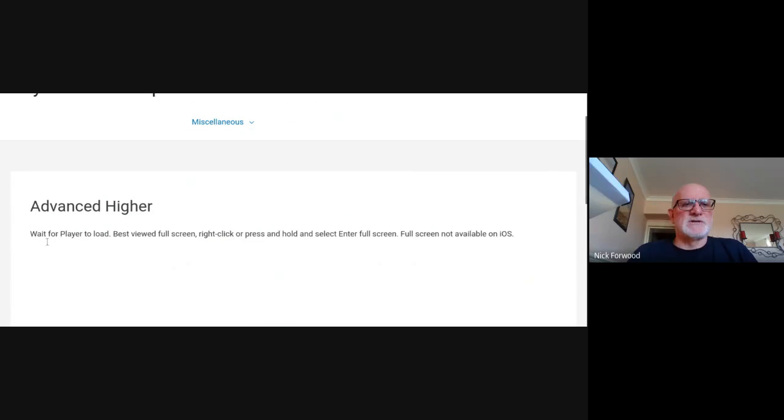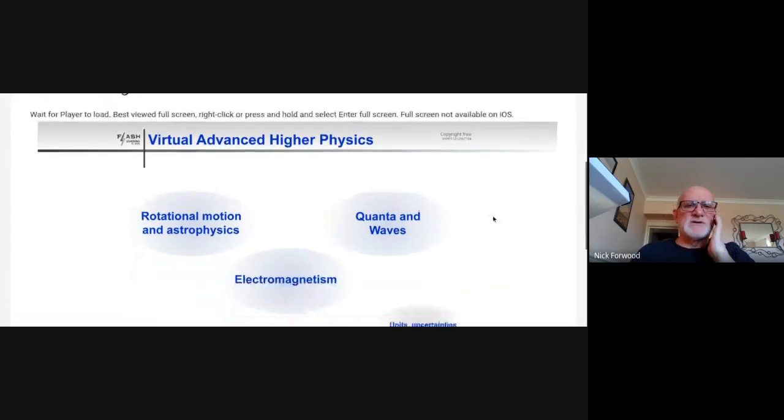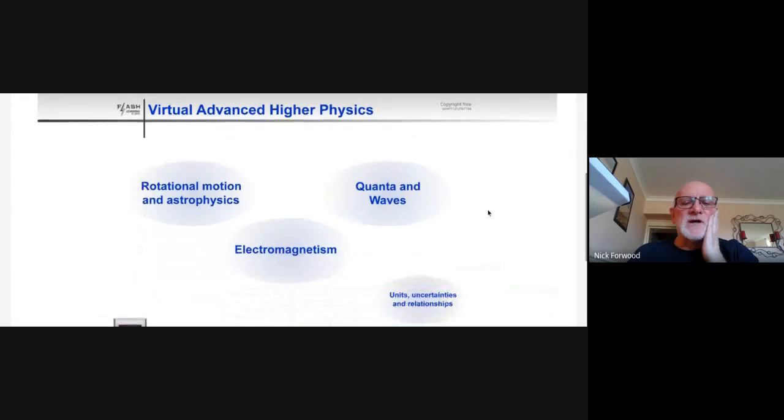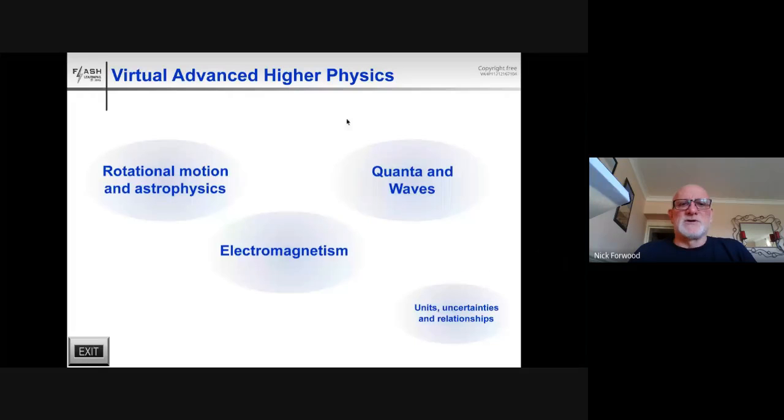it says wait for the player to load. And you might recognize this if you've been looking at my notes that I post up. I do a lesson. Here's a video. Here's Mr. Mackenzie. Here's some what's called virtual flash stuff. If I right click here, I can get into full screen, so you can see the whole of the screen. It was in a sort of letterbox mode before,